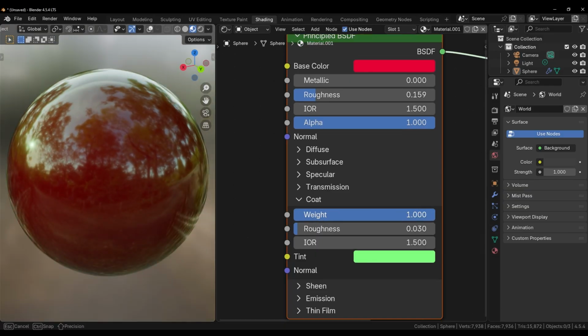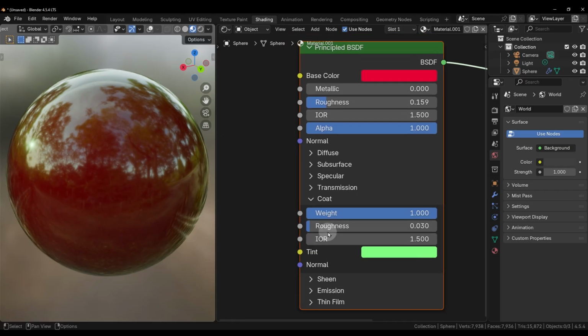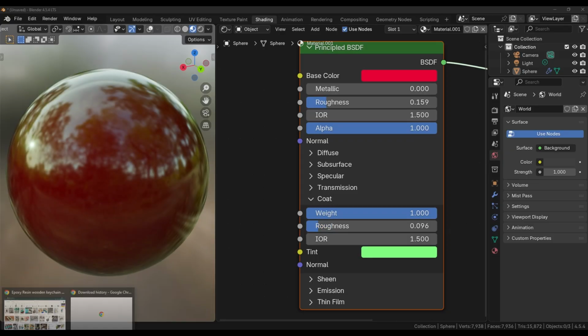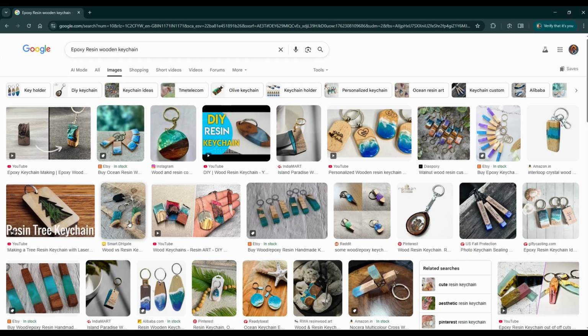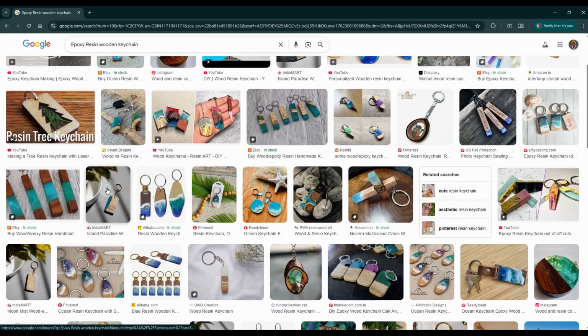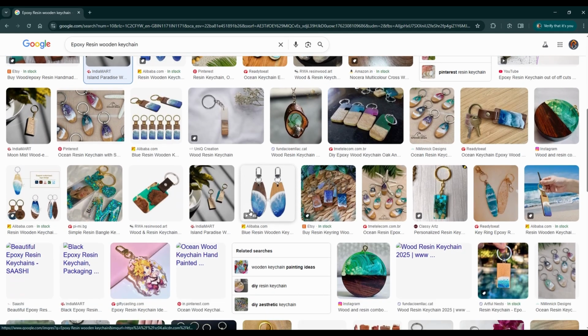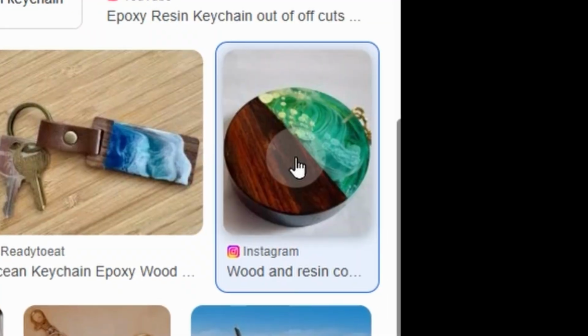So this works as the opacity of this layer. Then we have another level of roughness to roughen this surface as well, and understand this coating as if it's made of keychains using epoxy material. So what we can do is, like if this is the wooden thing,